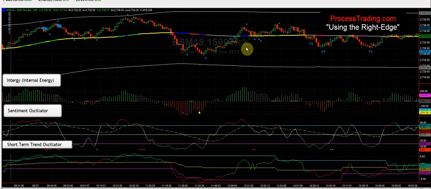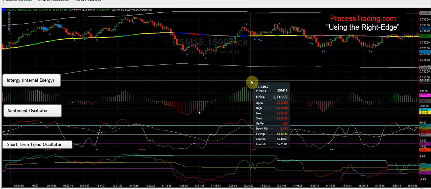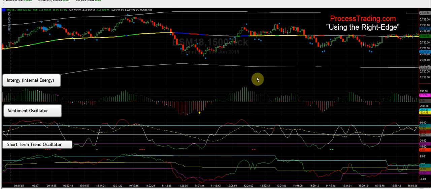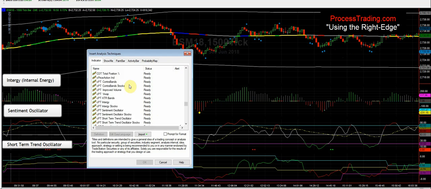If you wanted to classically get out of this, you'd wait till this weakness coming in right here, and you would get out. So those are your setups for today, and that's how to use the process trading right edge system. Now I'm going to show you one more thing here. I'm going to show you the difference between, let me see if I can do this. Let me put in